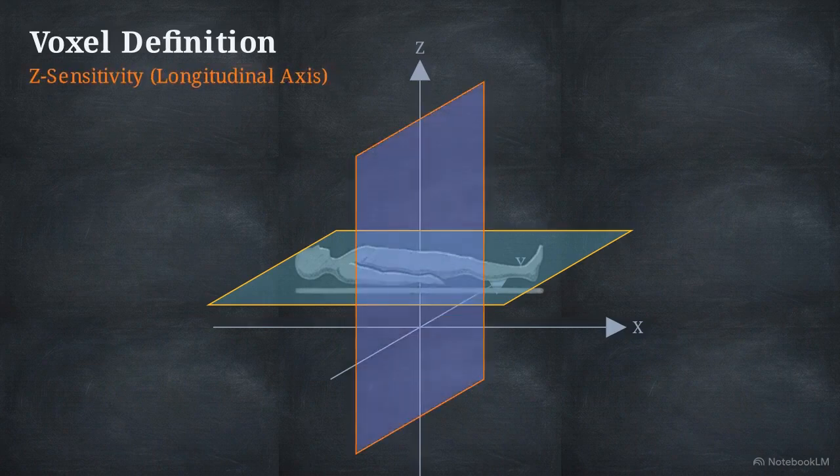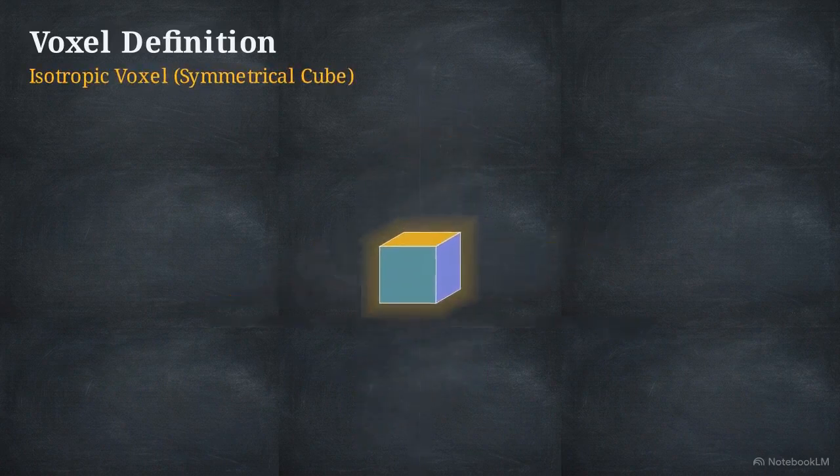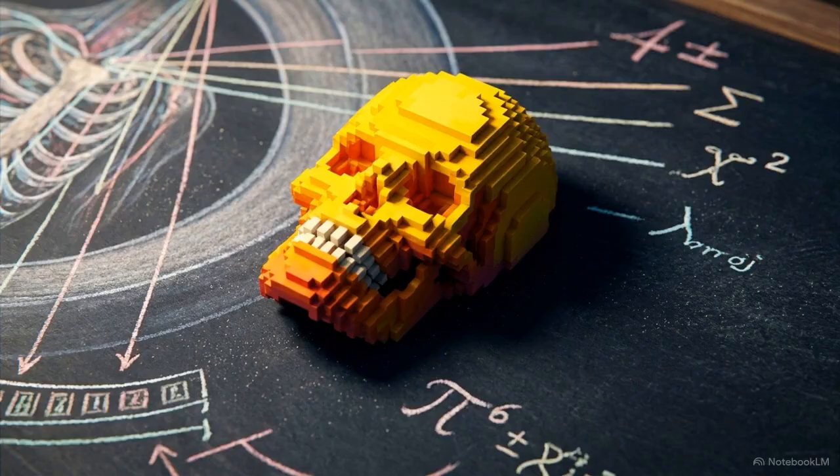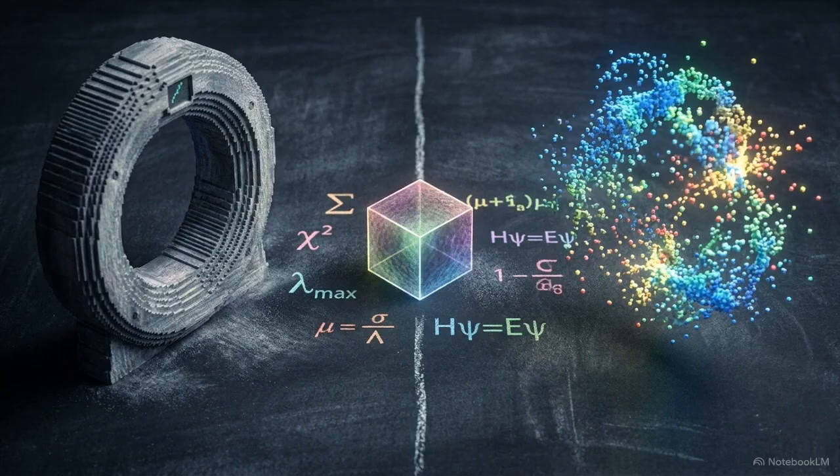Second, the Z sensitivity, which stretches along the longitudinal axis of the patient. When these dimensions align perfectly, they form an isotropic voxel, a symmetrical cube. This exact geometric symmetry is the required standard for accurate, distortion-free 3D medical reconstruction. To master clinical CT quality, we have to look at the scanner hardware and the quantum physics required to shape